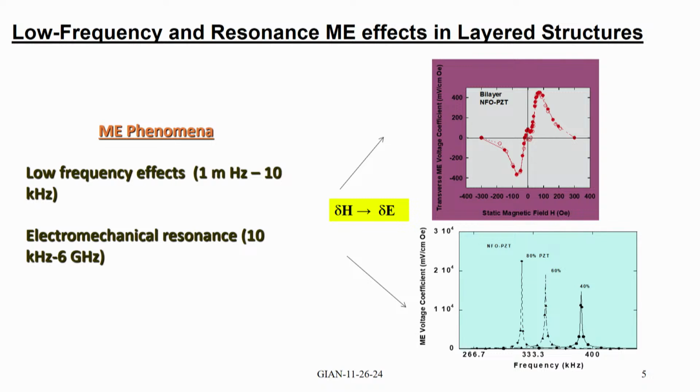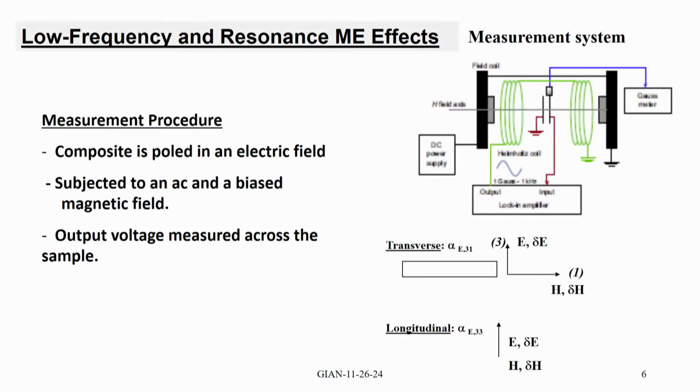All right, so I will talk about the low frequency magnetoelectric effect and the resonance one, both bending and acoustic modes along the length, width or the thickness. And this you have seen a couple of times yesterday. This is a setup we use for the low frequency magnetoelectric voltage measurements. So you need a bias field generated by an electromagnet or a solenoid, and an AC field generated by a solenoid or Helmholtz coils. And then you have to power the electromagnet and the Helmholtz coil with DC and AC.